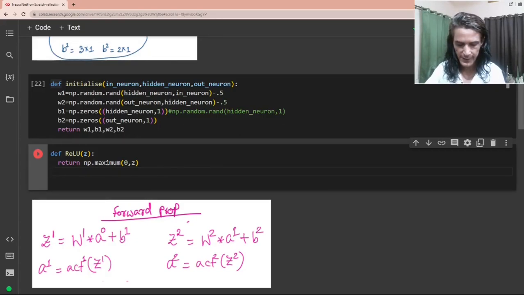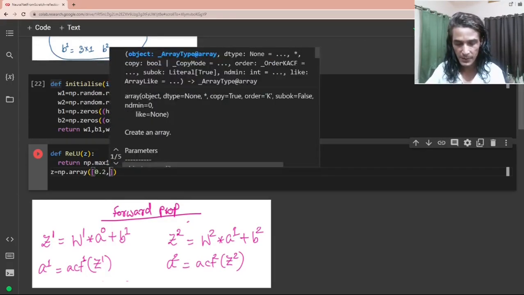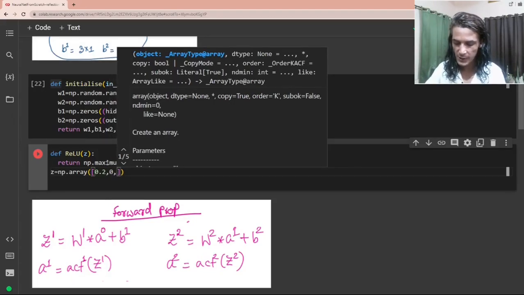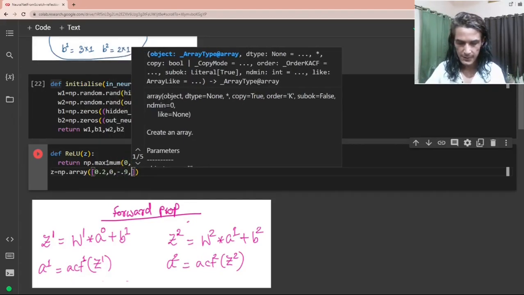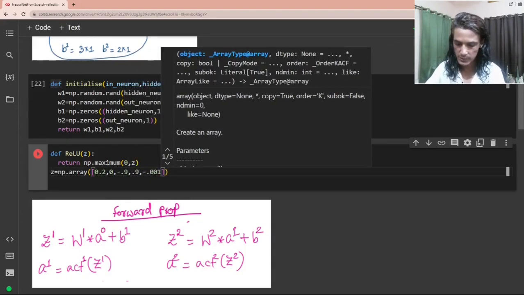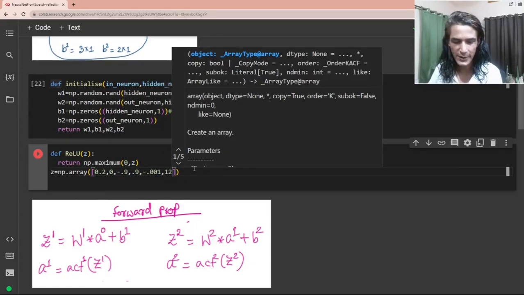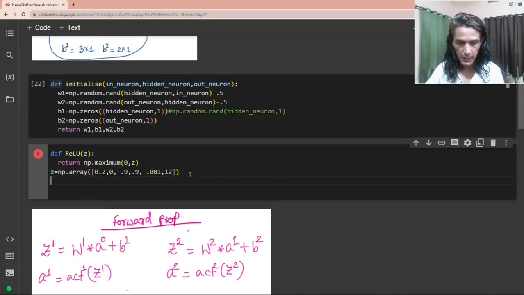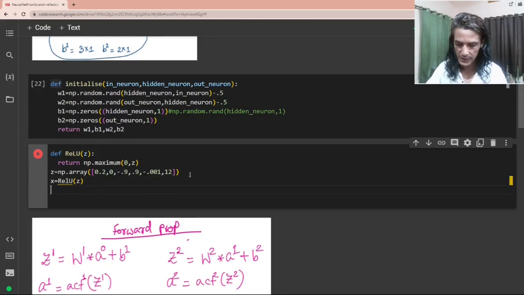Okay, let's first define an array. Say for example g is equal to numpy.array. I'm just creating a random array. Some numbers are greater than 0, some are equal to 0, some are less than 0. So 0, say minus 0.9 comma 0.9 comma minus 0.001 comma 12. I have created a random array, and then I want to call this ReLU function, store the result in X, call ReLU, pass this z as input, and print this